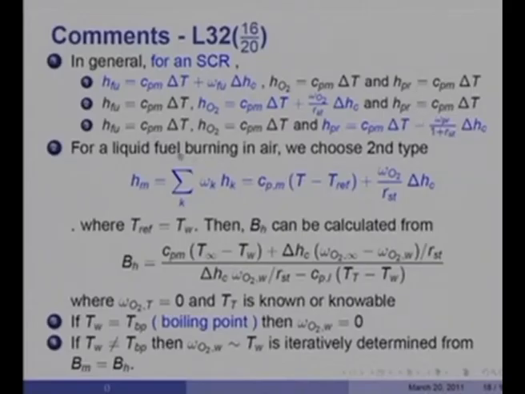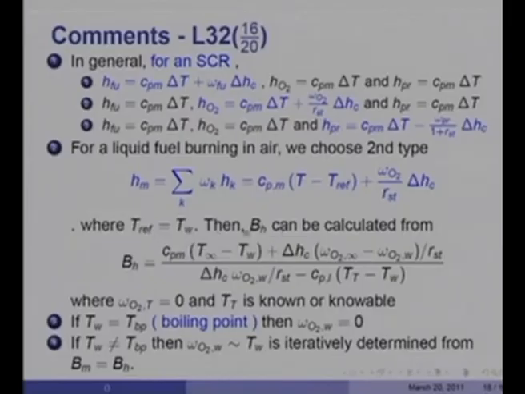For a liquid fuel burning in air, we often choose the second type because we often know omega O2 concentrations much better. So, then HK would be simply CPM into T minus T ref plus omega O2 by RST del HC, which follows from these three relationships. And if I now take, for a moment, that T ref is equal to TW, which I usually do not know, then for convenience,